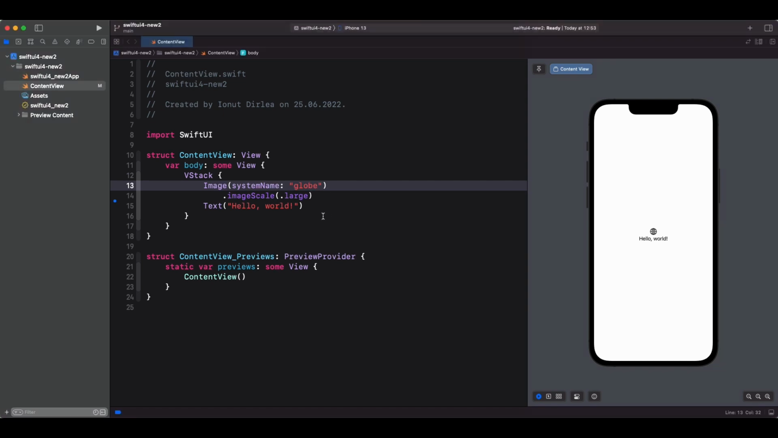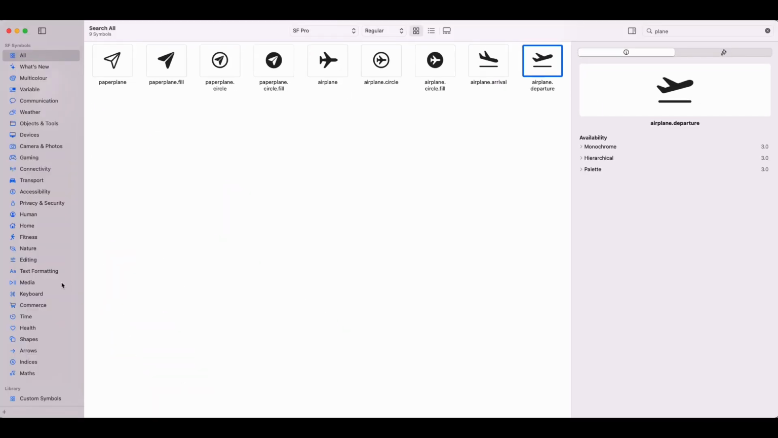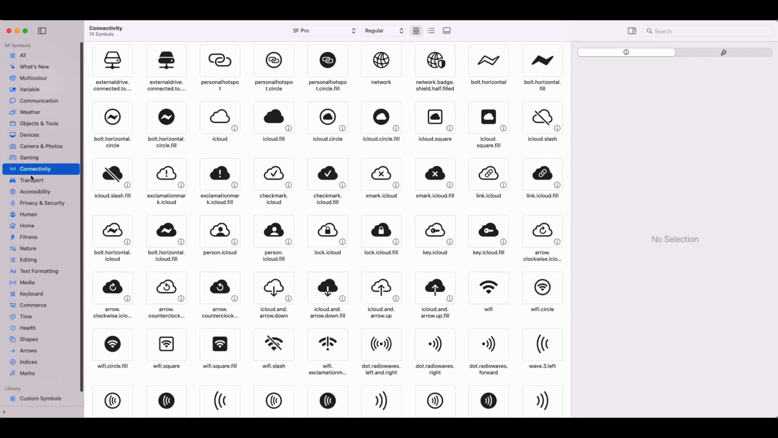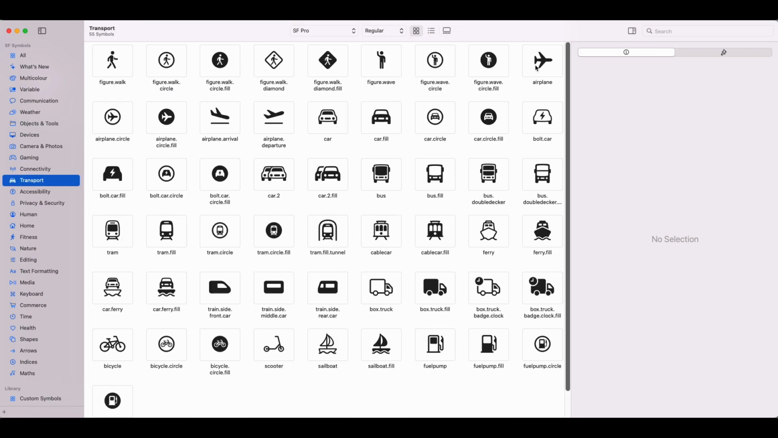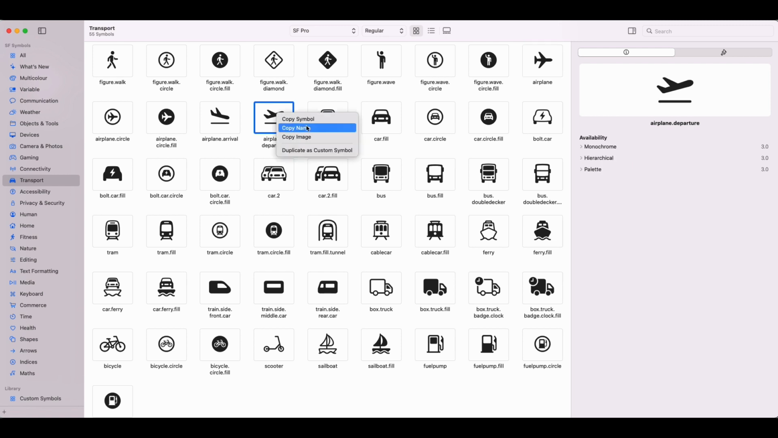And if you're new and you wonder from where do I get the names from these icons, there is an app, SF Symbols app, that looks like this. And here you have a lot of icons for kind of everything. As you can see here, we have a plane and we're gonna use this airplane departure icon. We're gonna copy the name